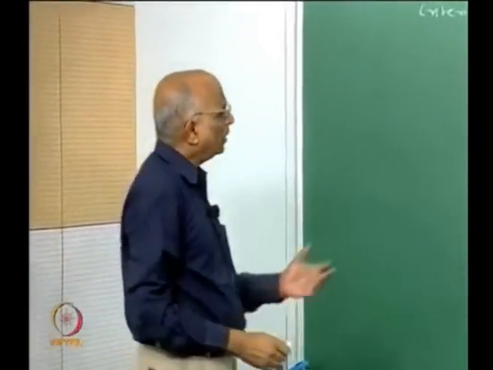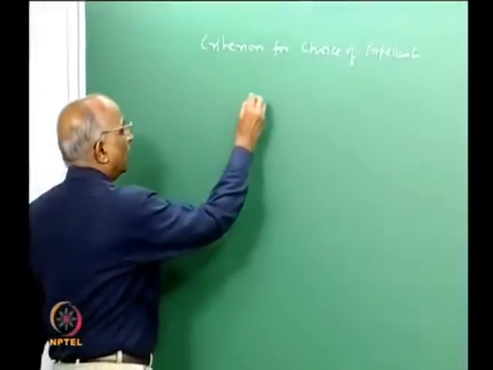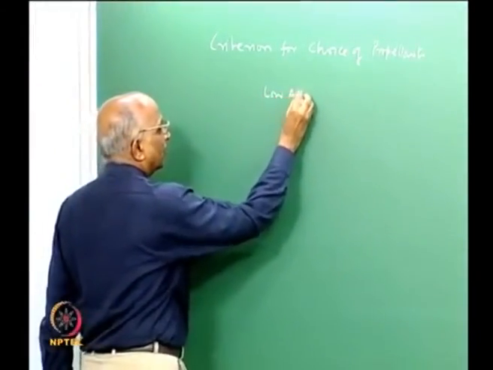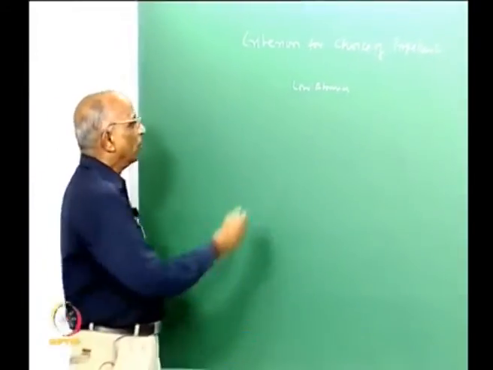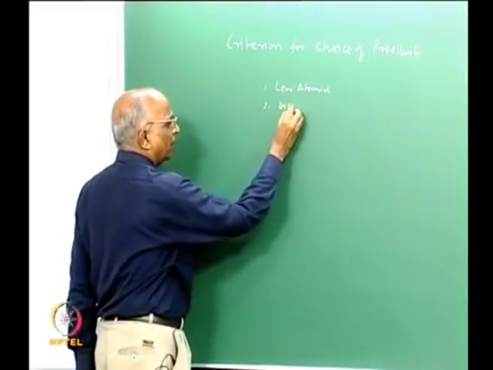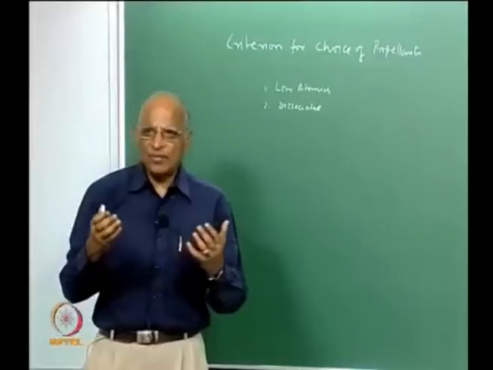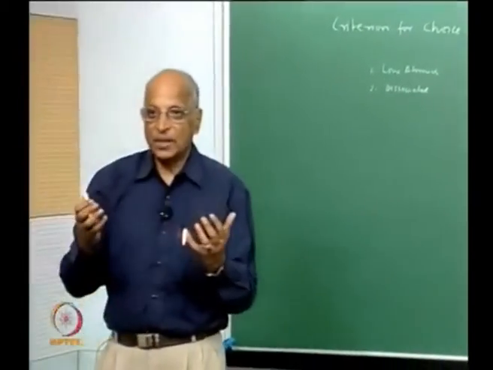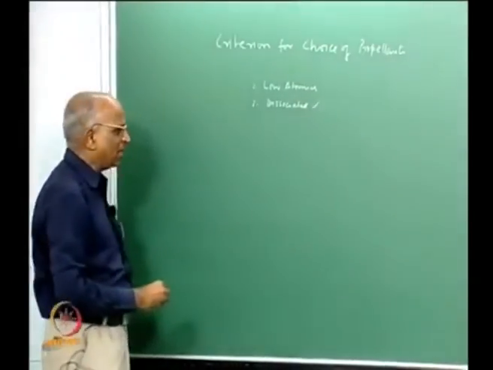We told ourselves all the propellants, all the chemicals which are used as rocket propellants must have low atomic mass, such that we have low molecular mass of products, point 1. Point 2, we also told ourselves maybe it must be dissociated. What do you mean when I say that the products of combustion must be dissociated? Instead of having water, if I could have something like H atom or O atom or OH, well, the specific heat will be smaller and therefore the temperature will be larger. Maybe I will take a look at it subsequently, maybe in the next class.